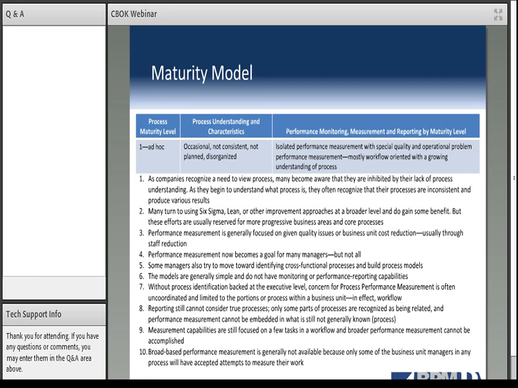The performance management is more associated with quality issues and, again, siloed business unit cost reduction and staff reduction. It's not, again, looking at better organization and efficiency outside of removing individuals. Performance is a goal for many managers, but not all. So there's not that holistic view of what the key performance metrics are and how we manage them